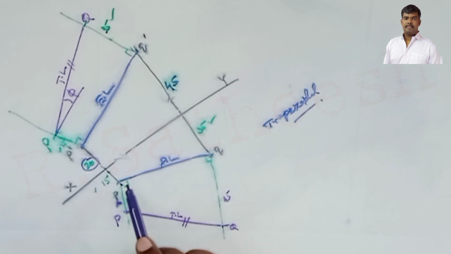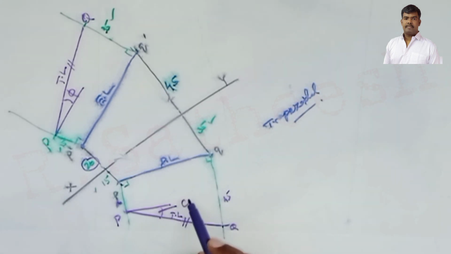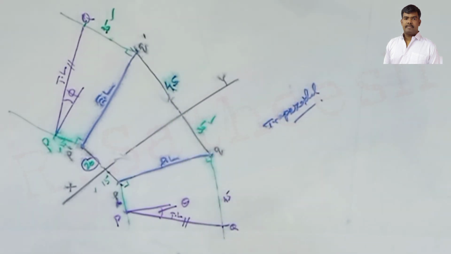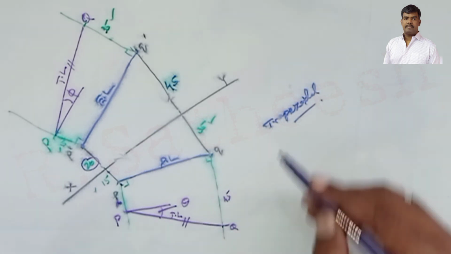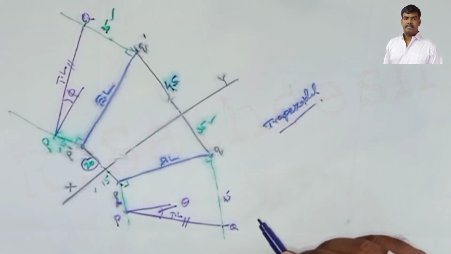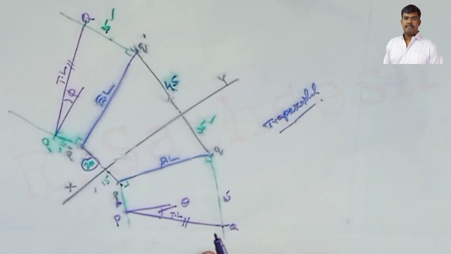Similarly for the plan length, draw the same parallel lines from P. So this angle is nothing but theta, because you have taken the front view dimension, that is the above-HP distance. Therefore this is the HP inclination angle, the theta value. This is the phi angle, this is the theta angle. Clear? So this is the trapezoidal method. The first one is the rotating a line method, also called the change of position method. Now this one is the trapezoidal method. Clear? Right. Thank you.